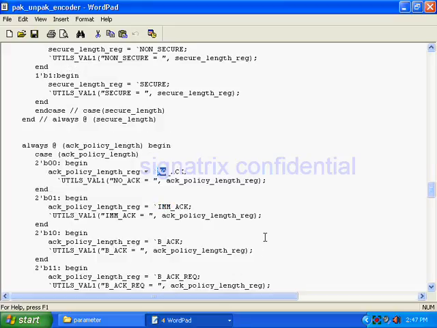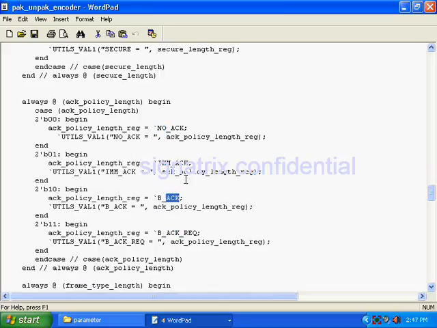Like this, there are many fields in MAC: no ACK, IMM ACK, B ACK, B ACK request. These are fields not specific to wireless USB. I told you before itself that on MAC many applications will sit, and different applications have different ACK policies. So these are generic, and that will cover all the policies. Suppose wireless USB, or 1394, any application that will sit on the wireless MAC, whatever ACK policies they will follow are available here.